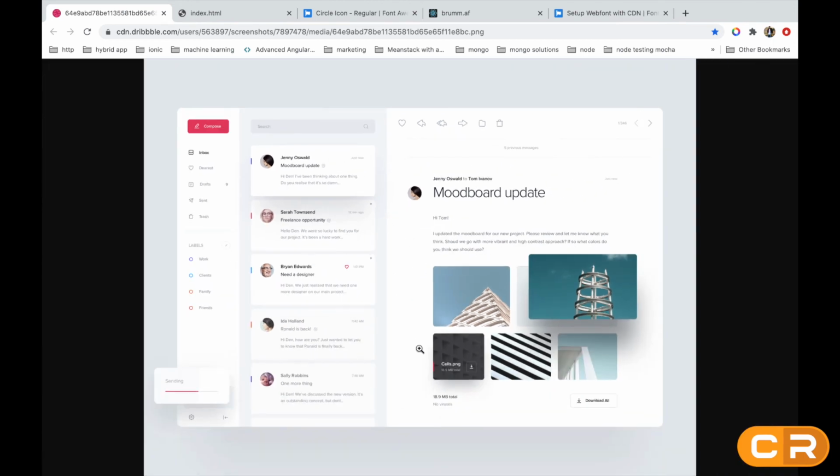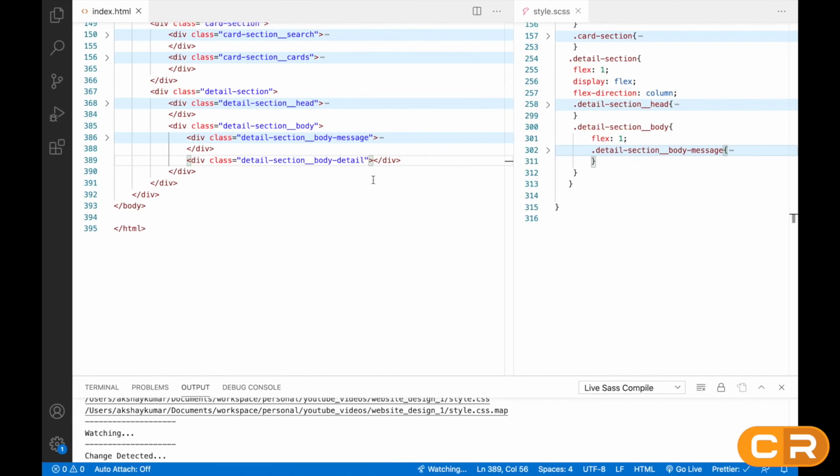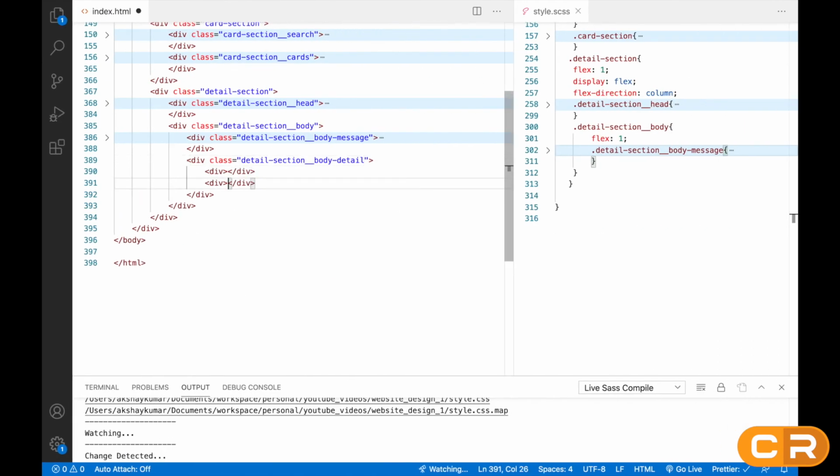So you can see this full section is empty. So we have to create it vertically, right? So this is one section and this is one section. So we have to create two divs here, like this. So here we can give the class name, detail section body detail, which is a very long name.